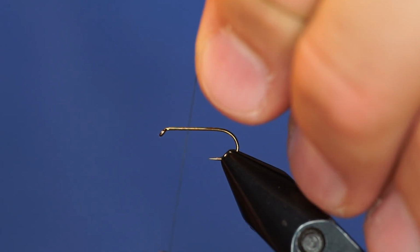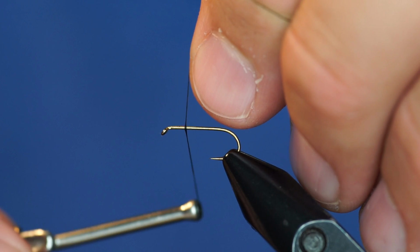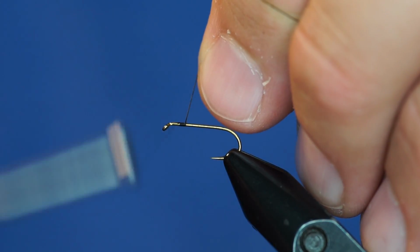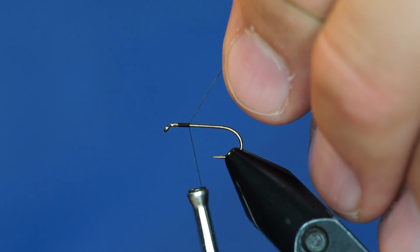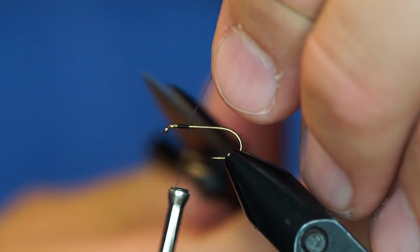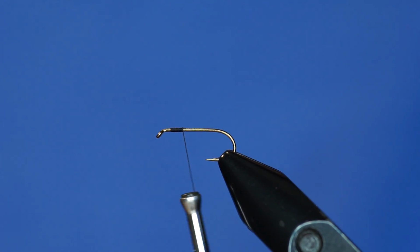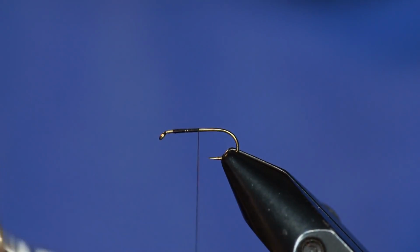So to dress the hook, I'm going to start with my thread behind the hook and come into the hook and start wrapping with the hand that the bobbin's in, forward and then back, and that locks your thread in place. And you can trim off this excess. So I'm going to lay down a base layer,